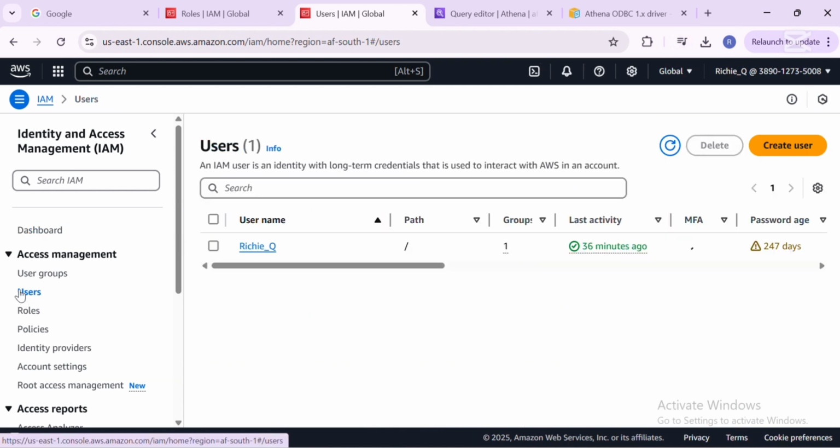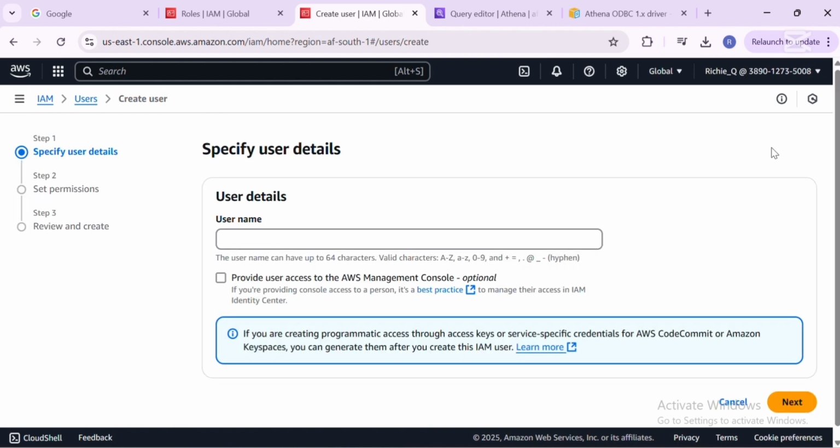So now I already have a user created, which I've named Richie Q, but for the purpose of us learning how to go about it, I'm just going to create a new user. So I'm going to click on this user, give it a name. Let's name it AWS Power BI user. Click on next,